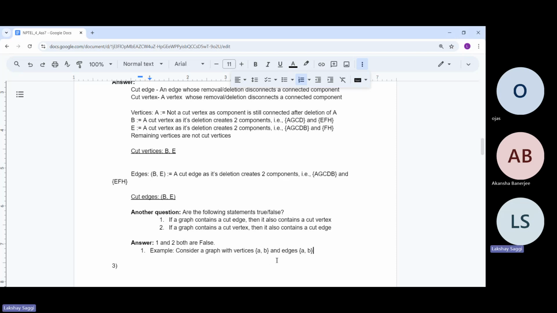So in this kind of graph, what do you think happens? What do you guys think happens? Is there a cut edge in this graph? If there are only two vertices and there is an edge between them, is there a cut edge? And is there a cut vertex? Okay. Ojas is saying that both. And Akansha is saying only cut edge. So, Ojas,